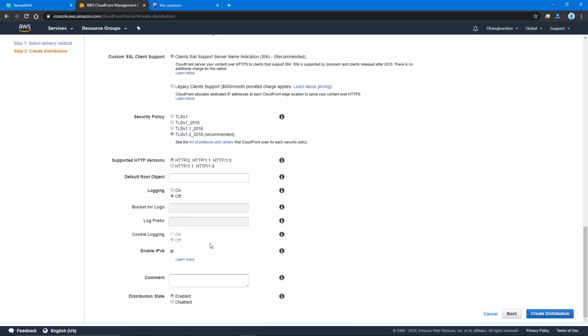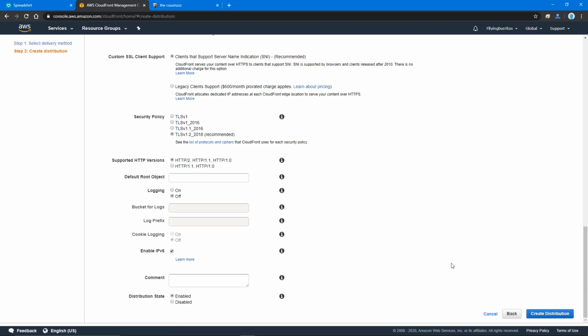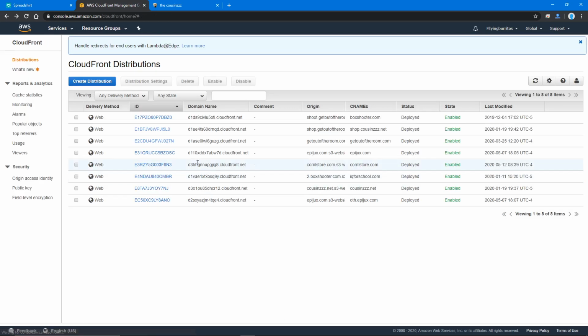but somewhere right here, alternative domain names, just put in your name here, so couscienceezz.net, like that, and then hit create. I'm not going to because I already created mine. And then you'll see after about 10 or 15 minutes it'll become deployed,